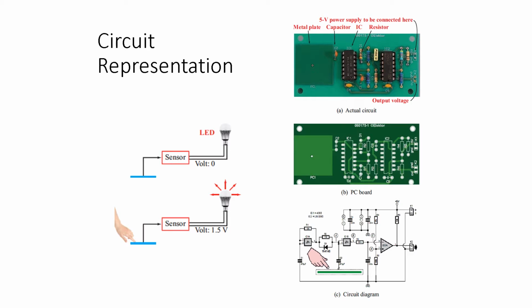So each one gives a little bit more information as well. If we look at the circuit diagram here, you see we have an op amp in there, we have an input, we have an output. So to me it looks like what we have here is some kind of sensor input that's going to come in around